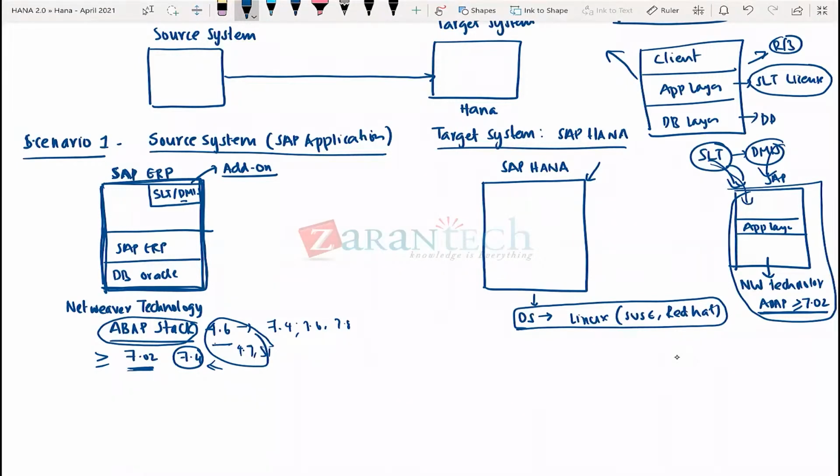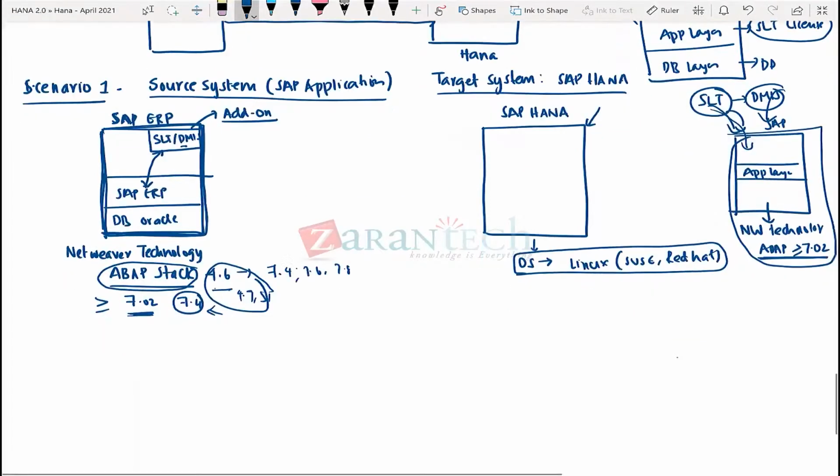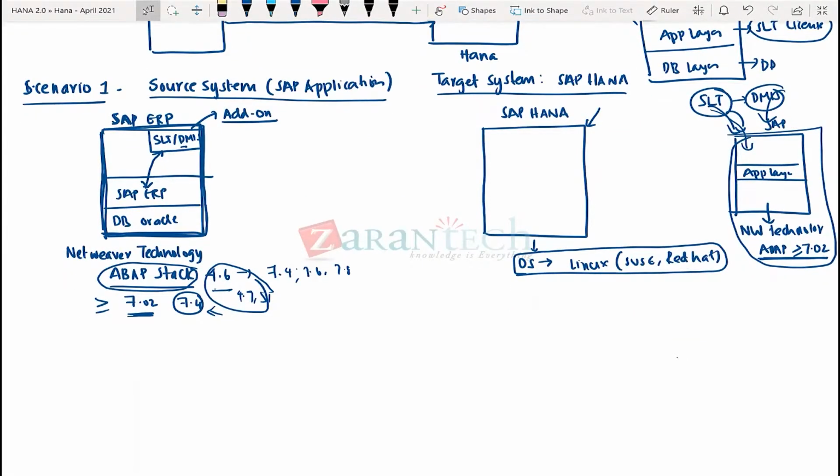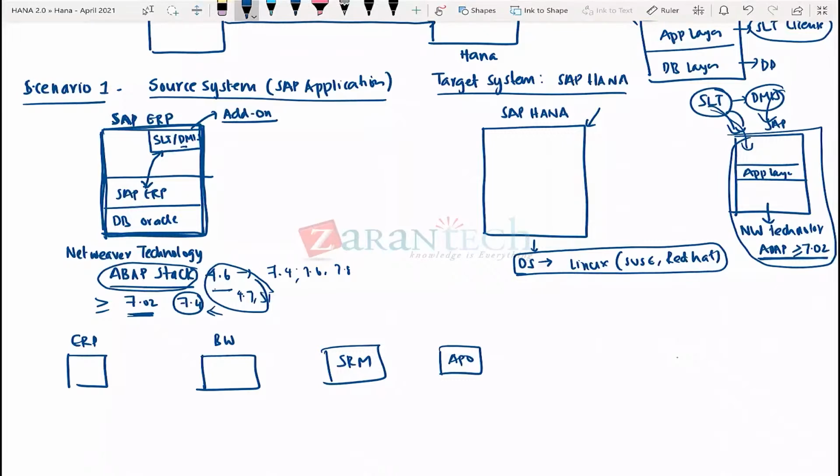Now, how will this ERP talk to the SLT system? Again, this is a technology, a term that is used in the SAP world. People who are familiar with SAP might know this. If you don't understand it, just understand that for two SAP systems, it could be an ERP system and a BW system, or a BW system and an SRM system, or an SRM system and an APO system, no matter what application it is, when two SAP systems need to communicate